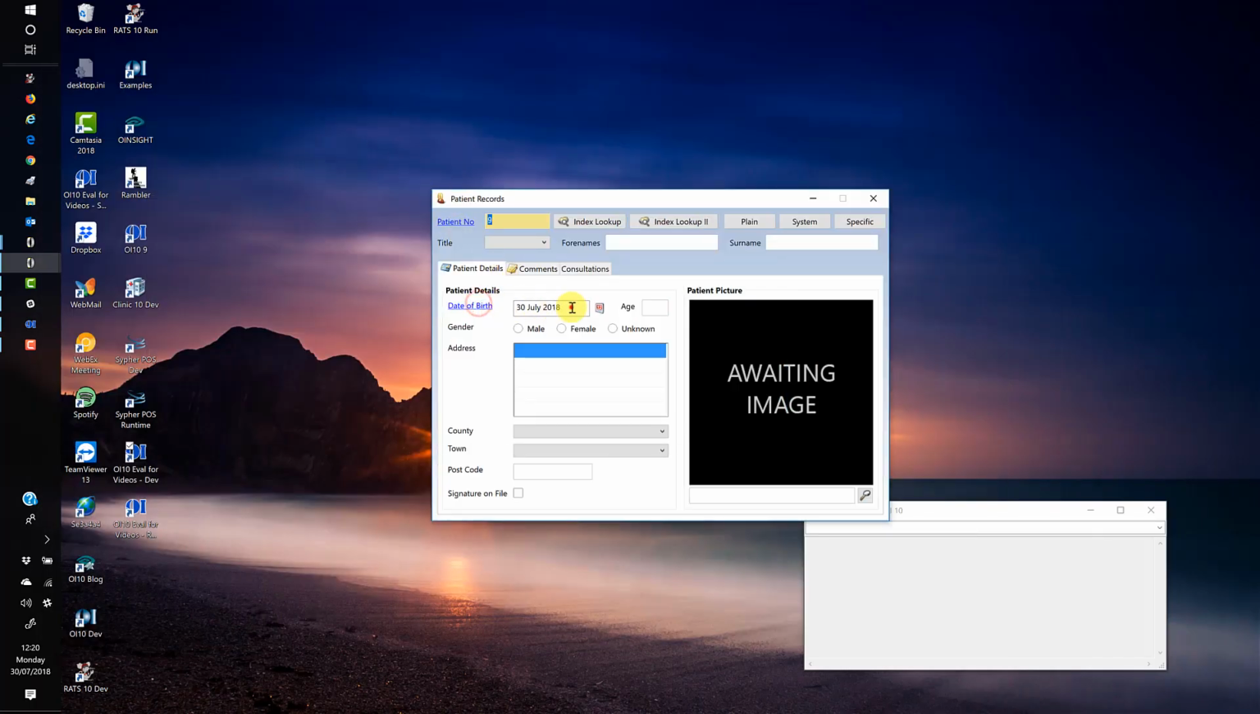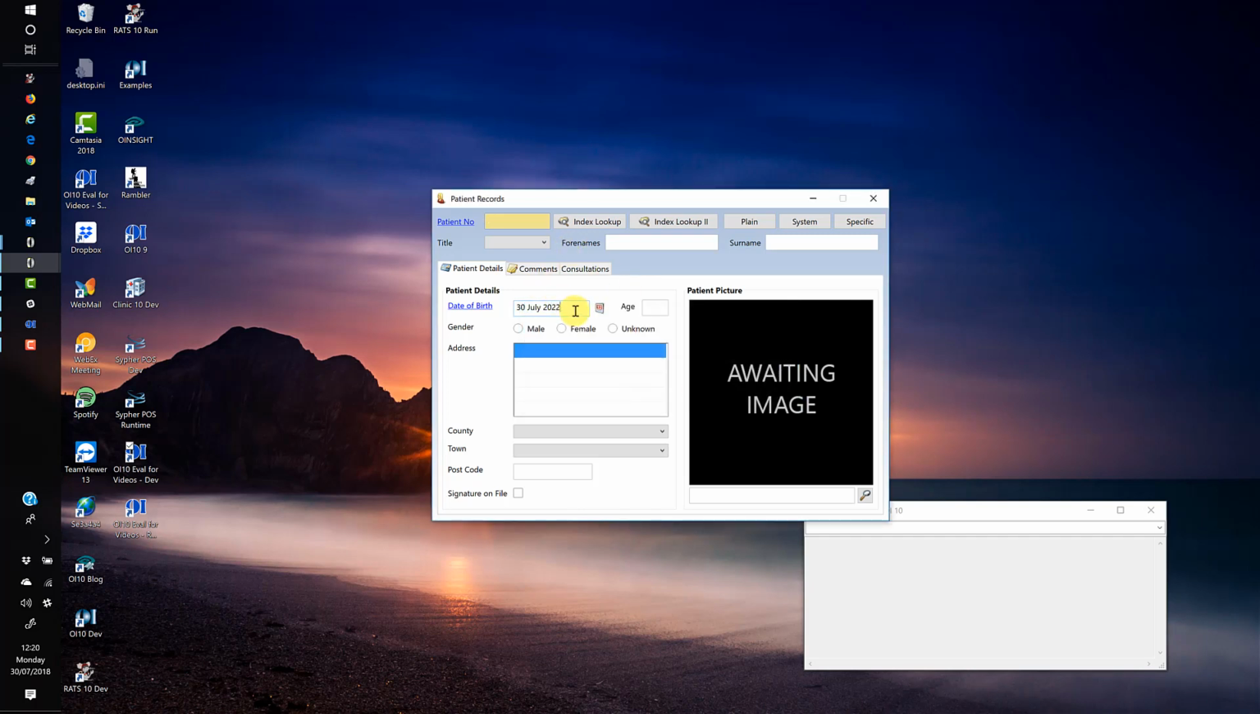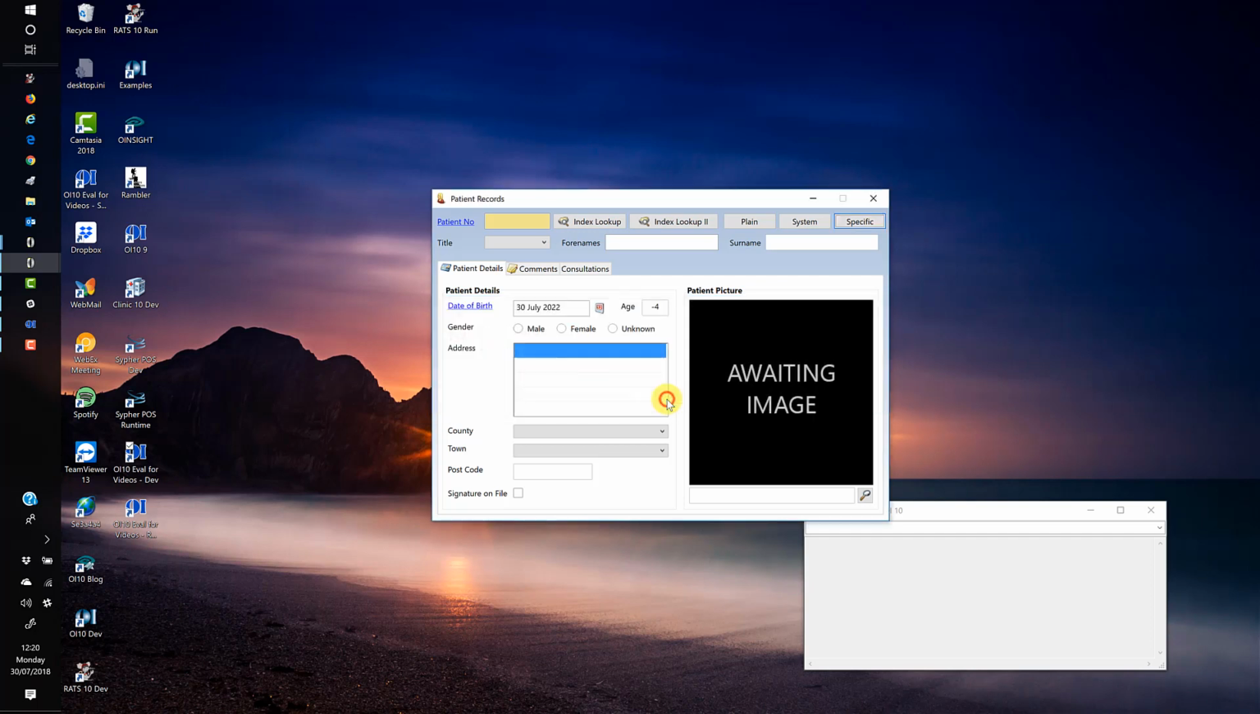So if we test run that, and we'll grab a date. Nope, don't want to do that, and we'll just do 22, and we do a specific. We now get our specific error message. This is the one that I prefer because it tells us that we're working with a date of birth, and we've got an error with a date of birth, and the date of birth cannot be a date in the future. Basically, this is the message that we created, and we can click OK,